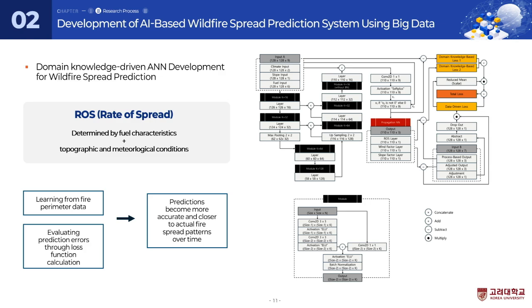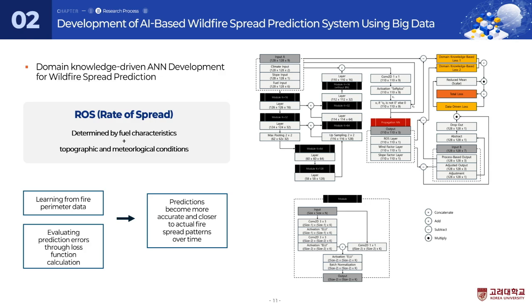conditions. Our neural network learned from actual fire parameter data collected from real-world fire sites, and we use reinforcement learning to make predictions match actual spread patterns as closely as possible. The model continuously adjusts ROS and weight values, so over time it gets better at predicting how real fires actually